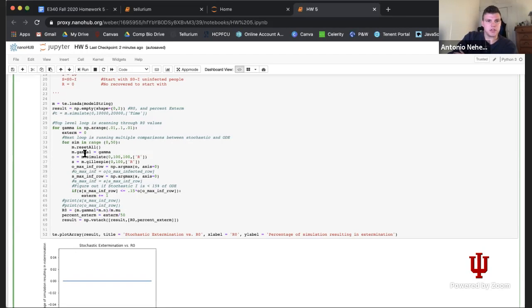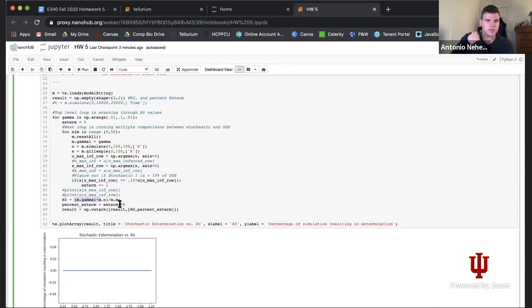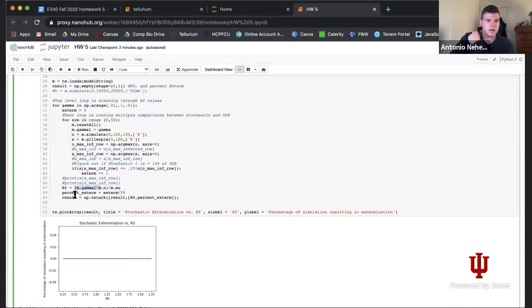Each time I'm changing gamma, I'm doing my ODE simulation and my stochastic simulation. Finding the maximum R values. And then, if the maximum value is less than 15% that of the ODE, take that counter, calculate the R naught, and